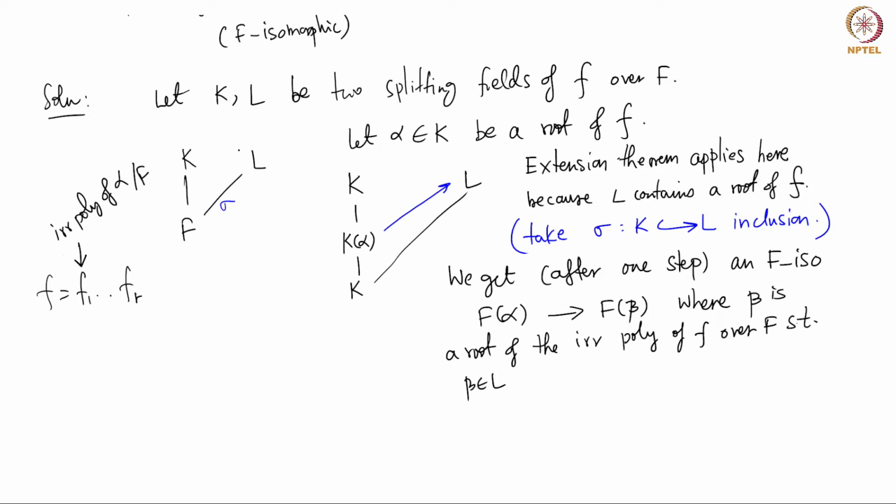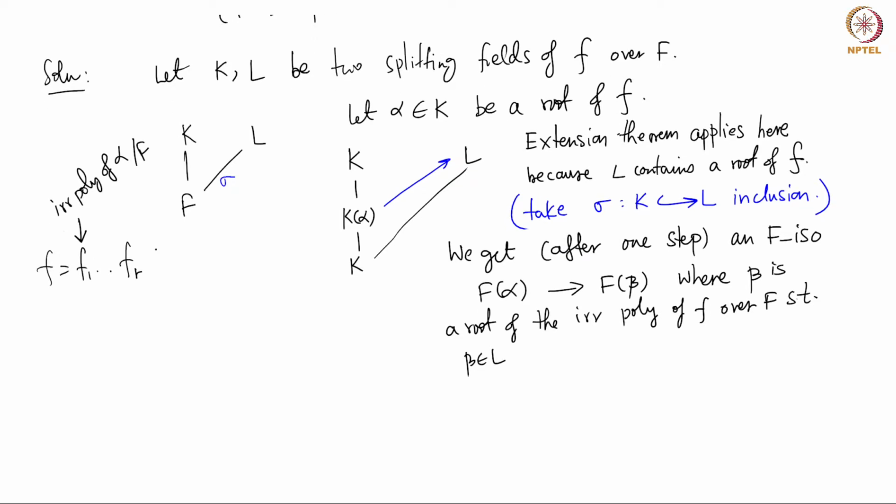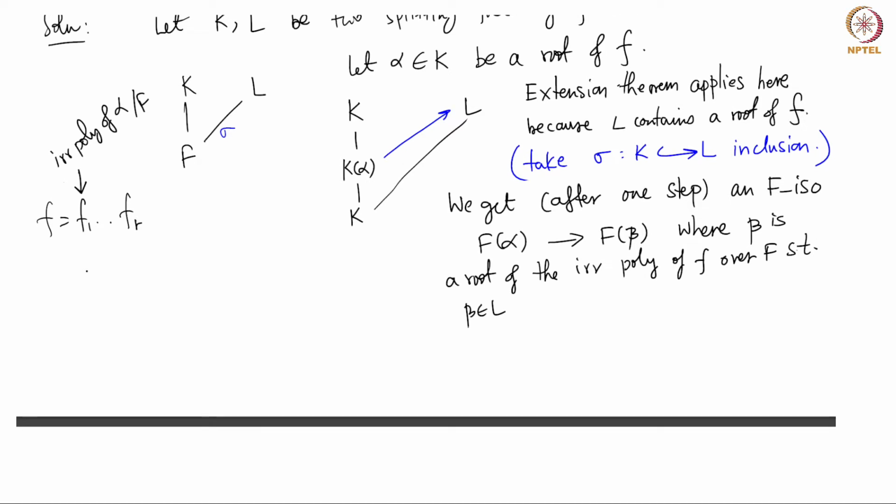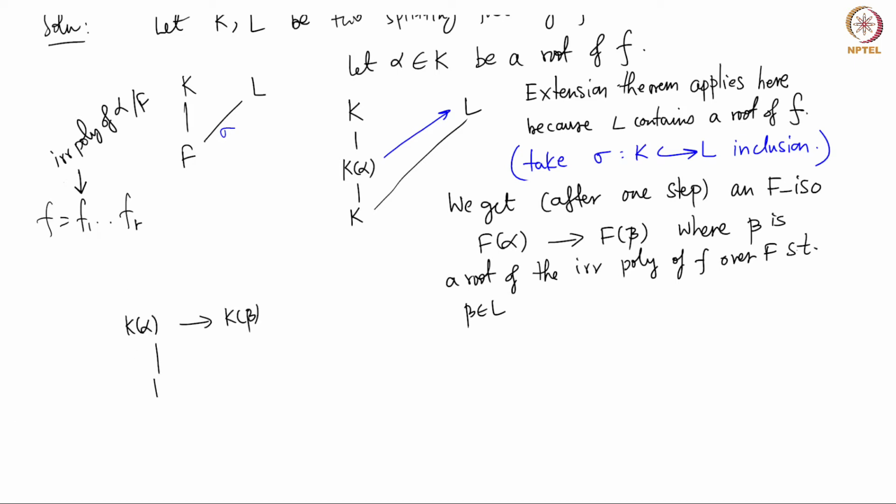Then because f splits completely in L, so does f1. So f1 also has a root, and technically you apply the extension theorem to f1, alpha and capital L. Okay. So then what you get is F(alpha) is isomorphic to F(beta) over F,